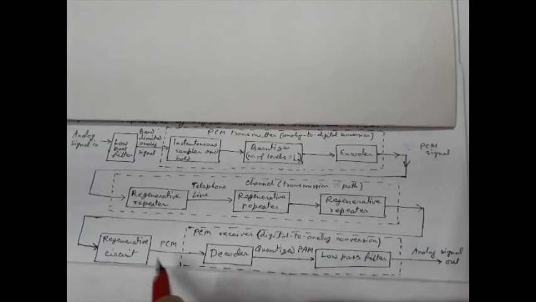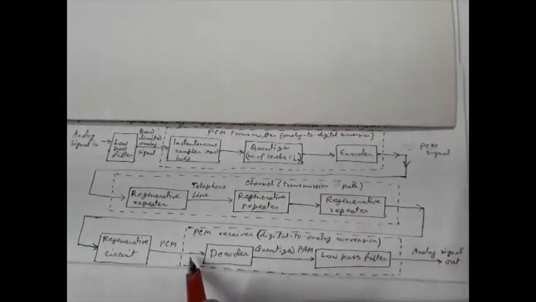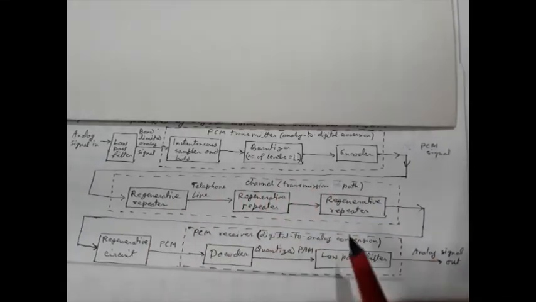Decoder will convert the binary signal into L-ary signal again, just opposite to that. So here we have the L-ary quantized signal, or rather we can call it L-ary PAM, pulse amplitude modulated signal. It is quantized PAM, and this PAM is passed through a low pass filter, and this low pass filter will eliminate the high frequency components, and we will get the analog output signal. So this is the basic block diagram of the PCM system.